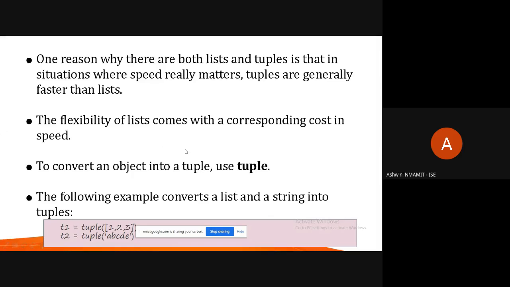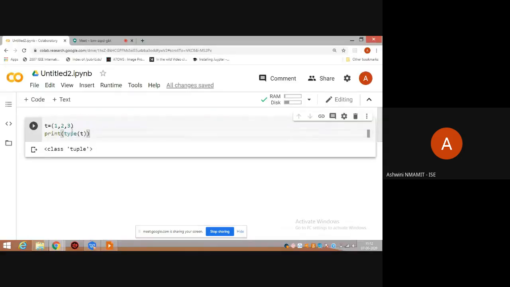Okay. So now you can see that if I give a list, it can be converted into a tuple. If I give tuple, now this 1, 2, 3 is nothing but the list.